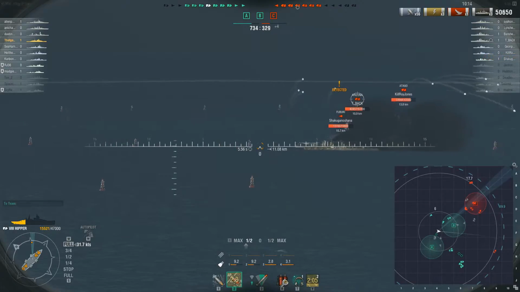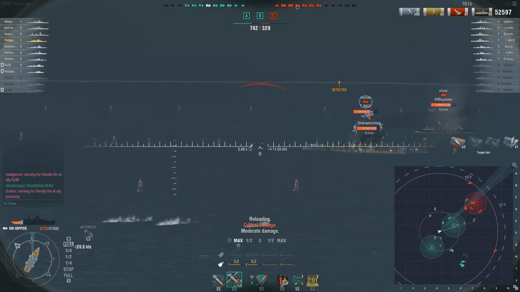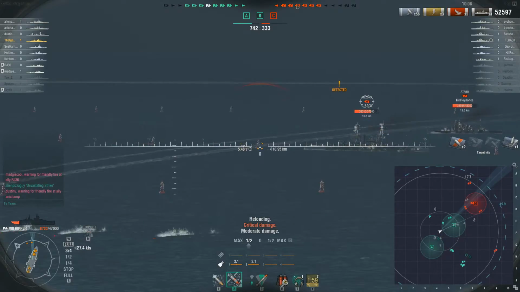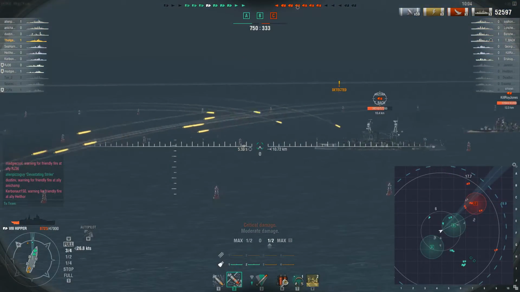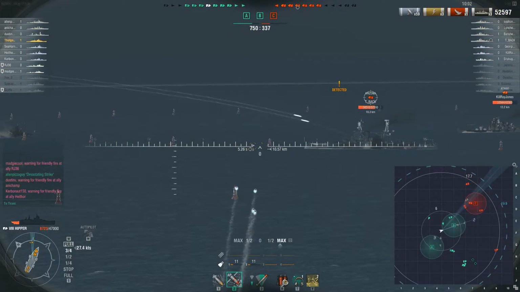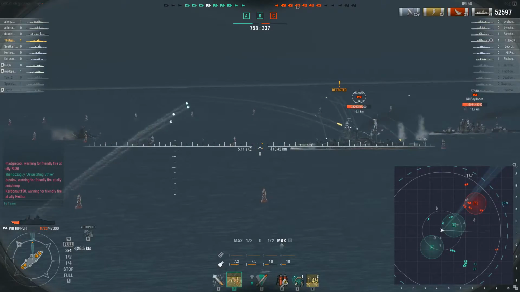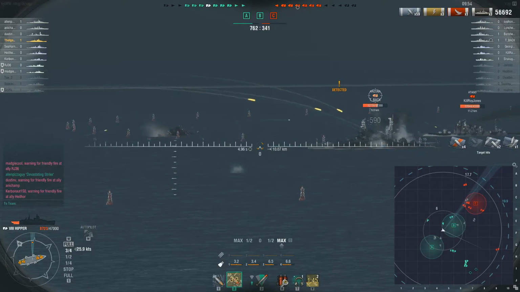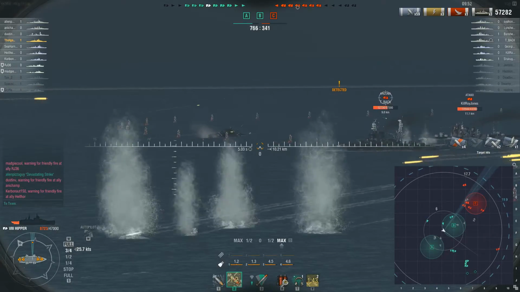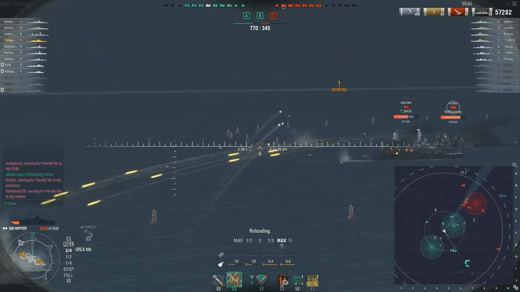Now, you do see the Arizona off in the distance. I'm still trying to figure out the Arizona here, because I've come up against her a number of times in battle, and I can definitely tell you, if the Arizona is coming straight at you, she is not one of those ships that you can just Citadel the bow. No. You can fire at the front of the ship all day long, and it's not going to do nothing. I am getting a bit of damage here on the Arizona with the armor piercing rounds again,